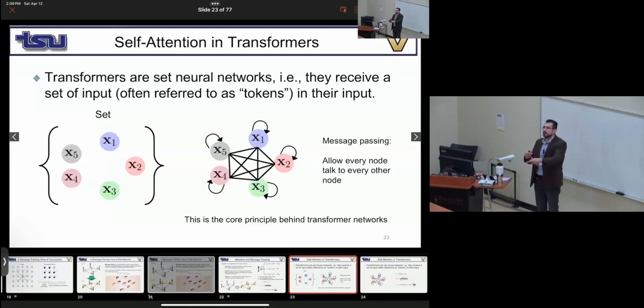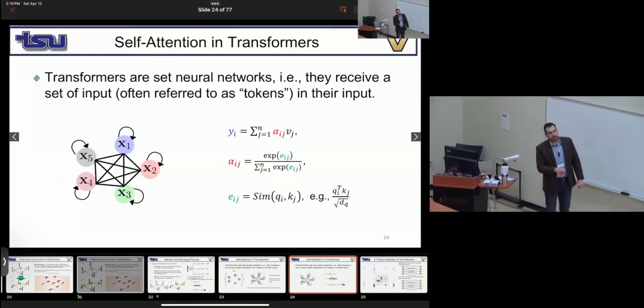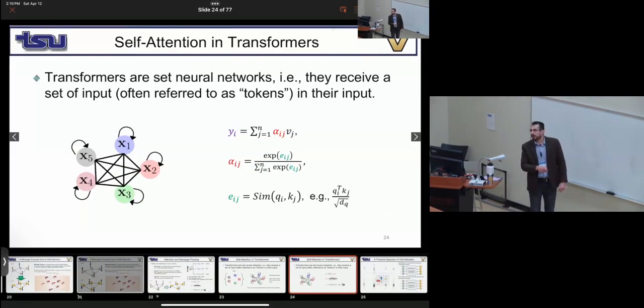I can let the message passing be between all the nodes that I have. This is usually referred to as all-to-all message passing. All your nodes are going to do message passing together. If this is the case, then I don't need that j in neighbors of i. I have simply a summation over all my nodes. And voila, we have our